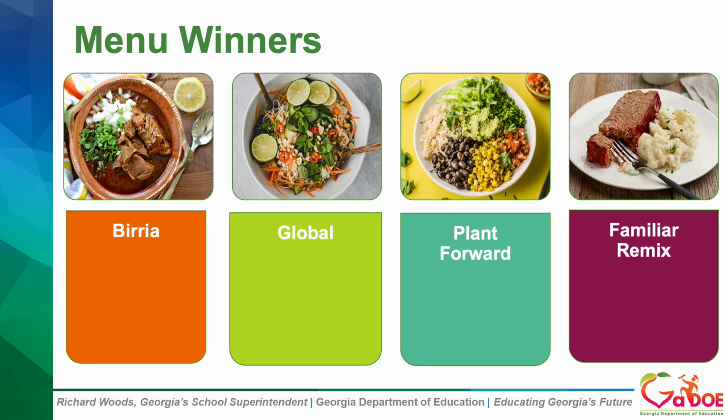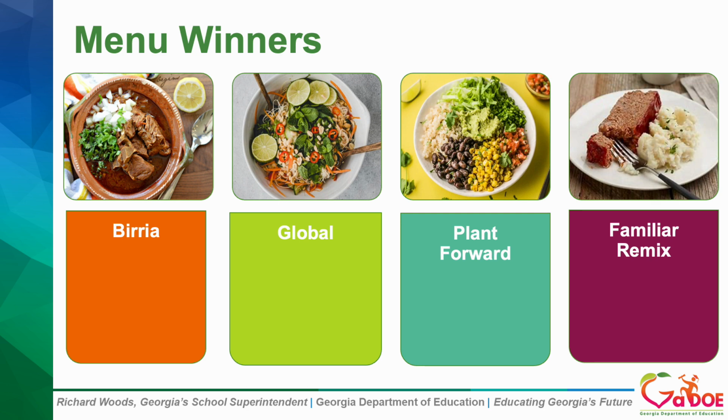Here are some menu winners that are growing in popularity. Birria. Birria is a Latin meat dish or stew composed of dried chilies, vinegar, garlic, and other herbs and spices. It is known for its deep, rich flavor and texture. Global. These are dishes inspired by global cuisines like Mexican, Indian, Caribbean, Cuban, Greek, and Korean. Global dishes may be authentic or inspired. Global cuisine does not have to be 100% authentic. Influences may come from authentic dish ingredients, flavors, techniques, and serve as inspiration for creating dishes that are new and